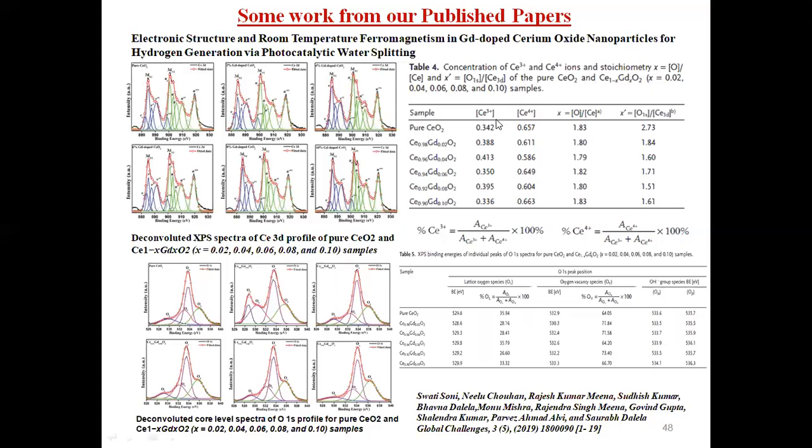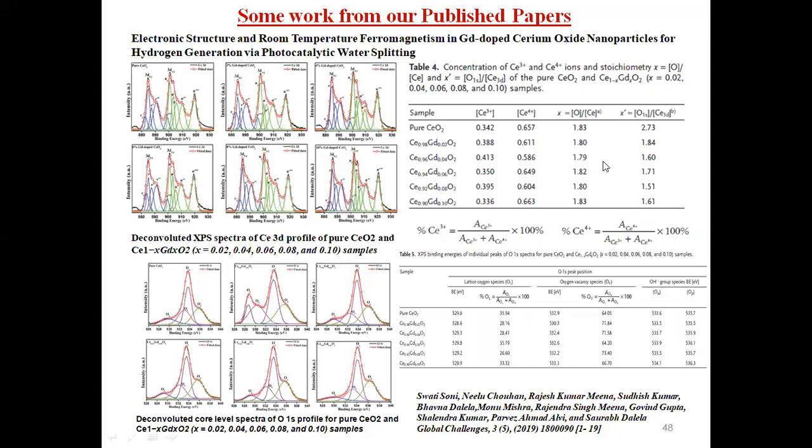And with this, we can infer that cerium is available in the +3 as well as the +4 state, as well as we can determine the x. Here we have represented it as x. It is actually representing cerium oxide, CeO2 minus delta. So 2 minus x we have written, and this x is measured also. How much oxygen is going to be removed from the sample, that we can also calculate.